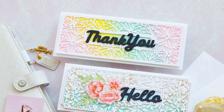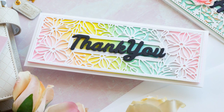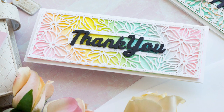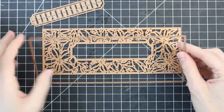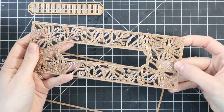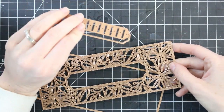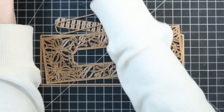I am sharing with you some of Spellbinders' new Slimline Dies. These dies cut out some really gorgeous designs that fit on your slimline cards. So here is one of these slimline dies. You get this cover plate with the design on it. There's also that little frame piece that cuts out a rectangle, and you get the little inserts for where you